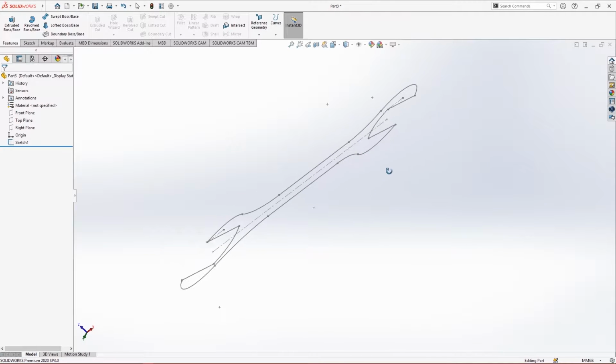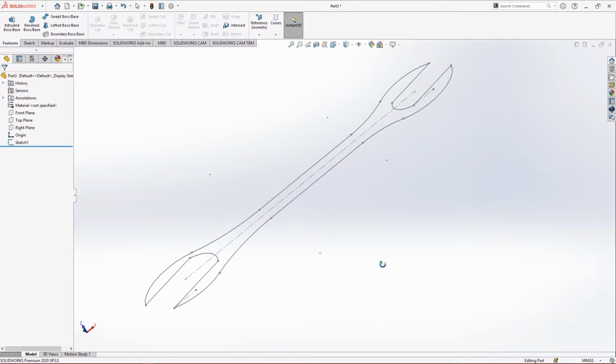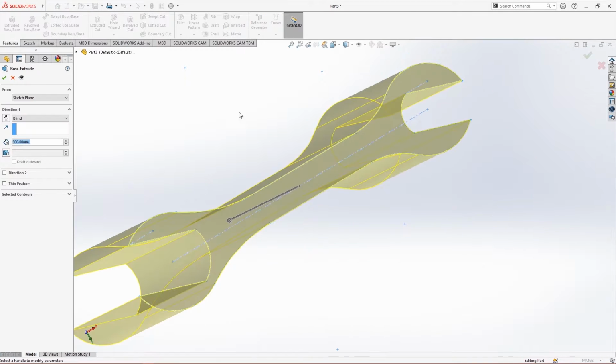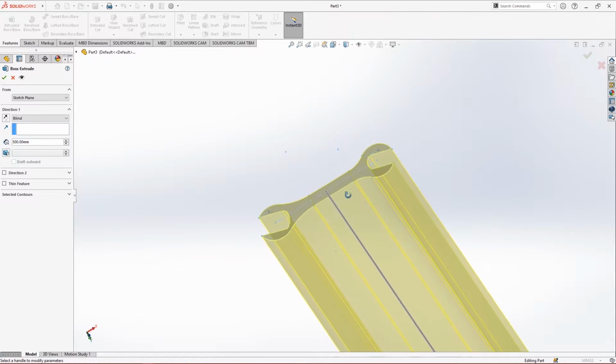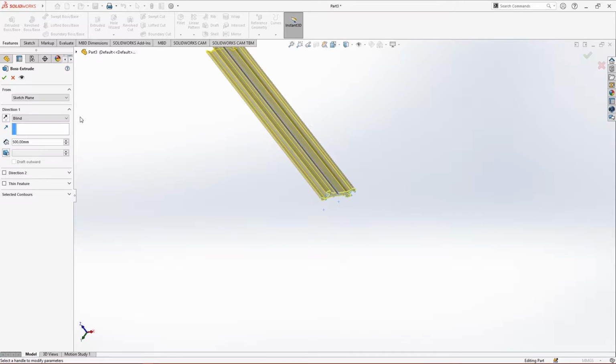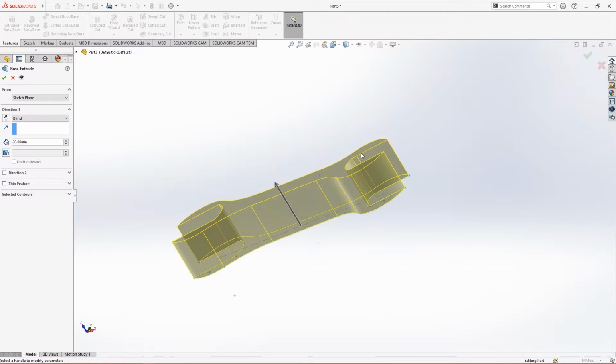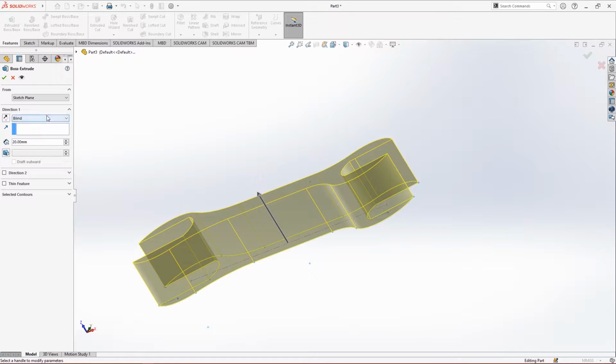So this is the last sketch which we made in the last section. Let's go and extrude it. Now let's look at all of the options. Let's decrease the value here, to like 20 or something. Now the first part is where you define what should be the